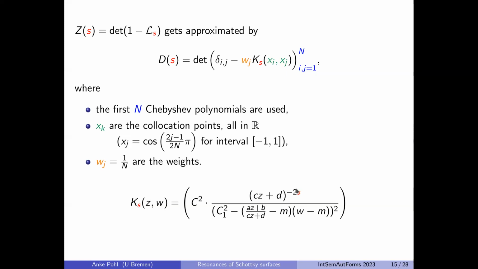Okay, so then instead of calculating the zeros of the Selberg zeta function, which we cannot, we want to have the zeros of this d, which is now a finite, an honestly finite size matrix. So that is, of course, complicated because the s here is in the exponent.